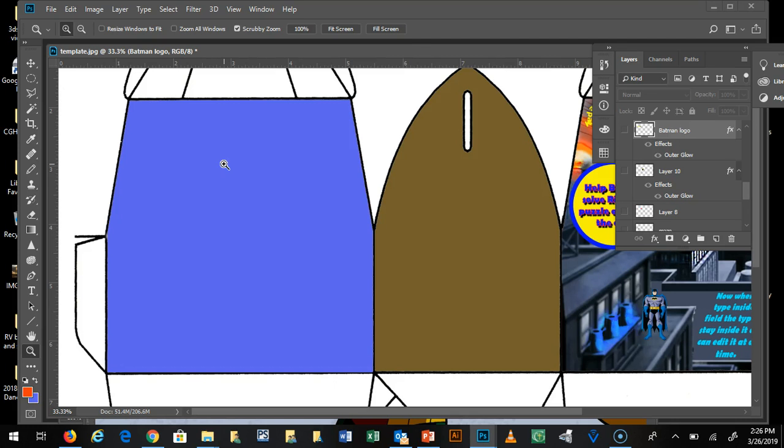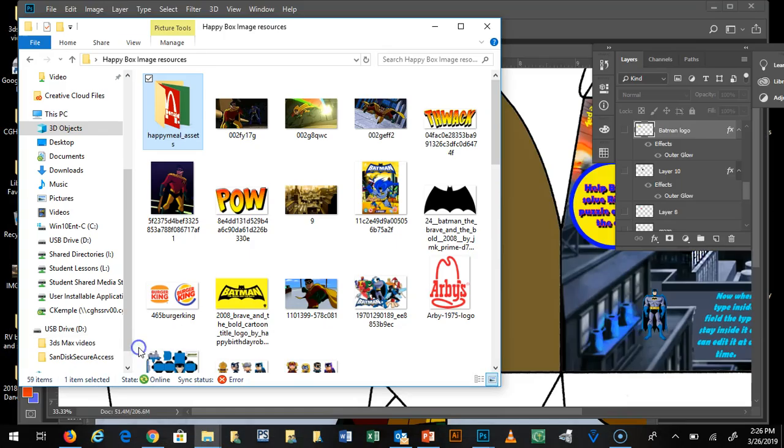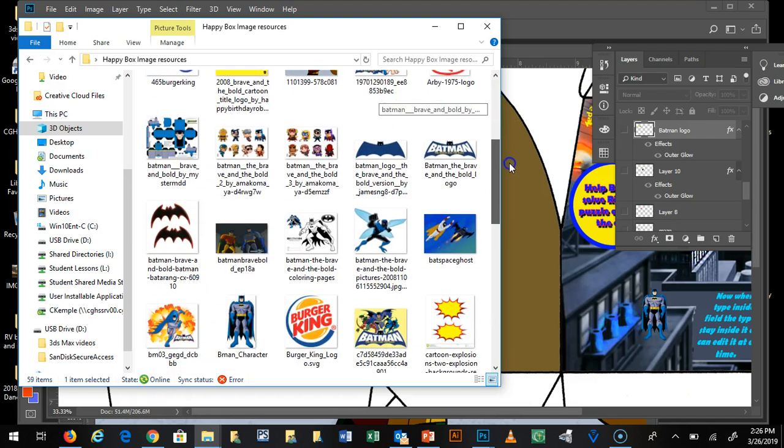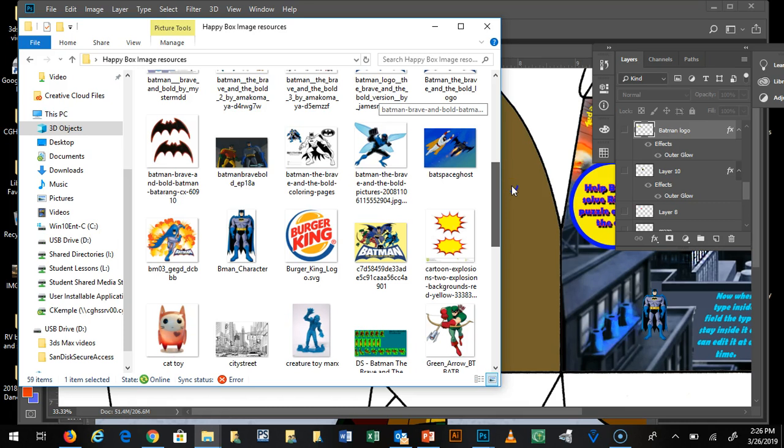Like I went out and bought some comic books or something, and I scanned them in, and so I'm using my own assets. Either way, because sometimes with Google, you're not going to find exactly what you need. All right, so I've got my folder here with all of my stuff in it, and I'm going to just start designing. So I've got my color filled in, but now I need to start thinking about,